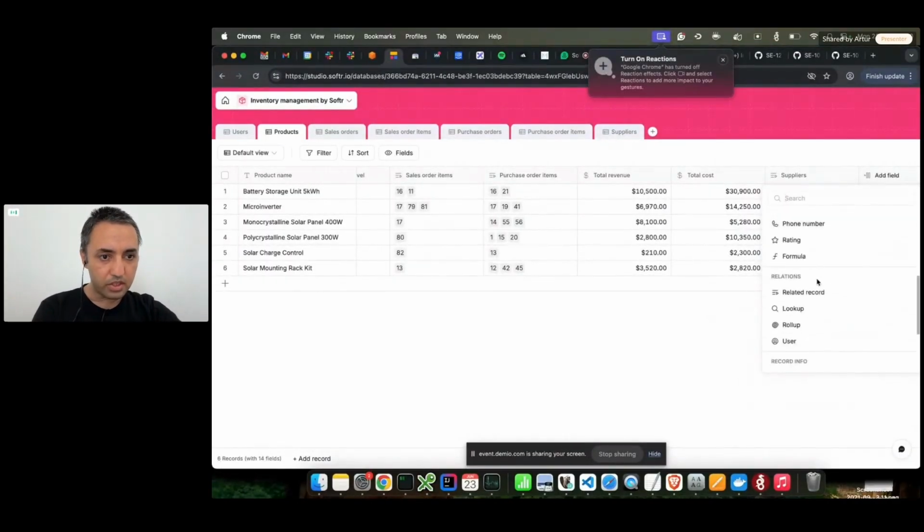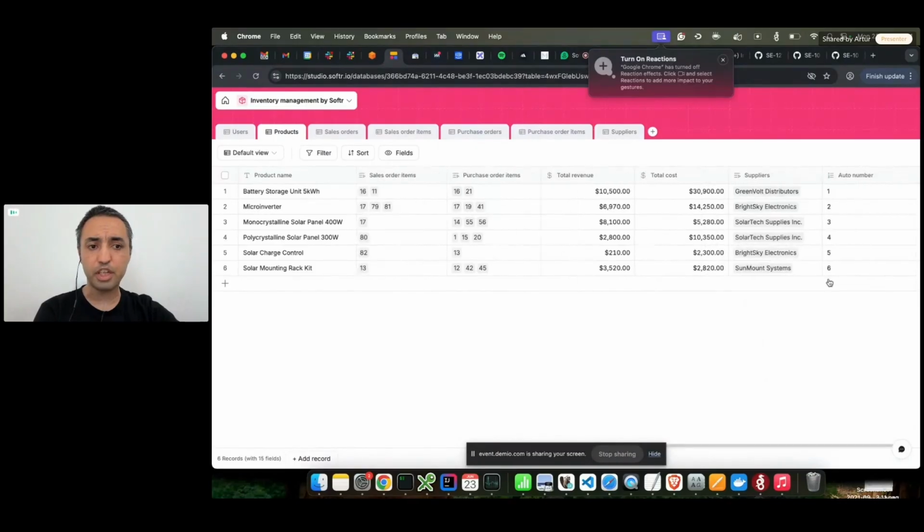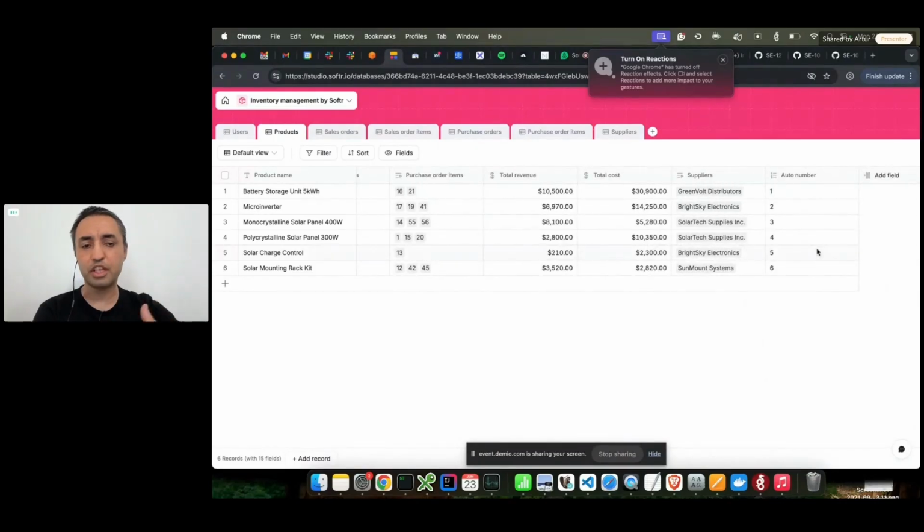What else here? Roll-up, lookup, everything I already mentioned. After number, if you need to add numbering in place and have some ticket numbers, etc., a more stable one, you can use that as well. And we will be adding more and more features that will help us to differentiate. But as mentioned before, one of the key things that we are emphasizing at the moment is speed.